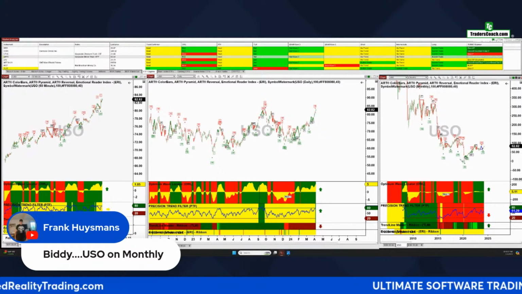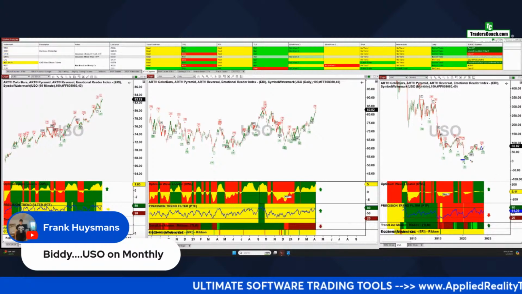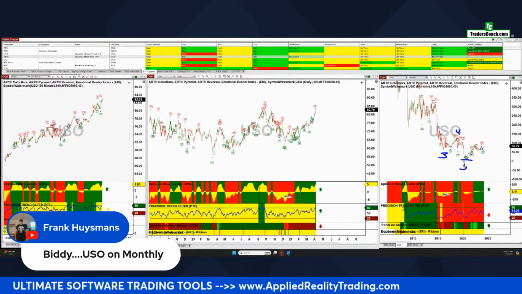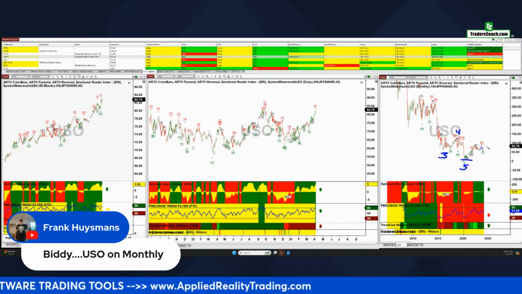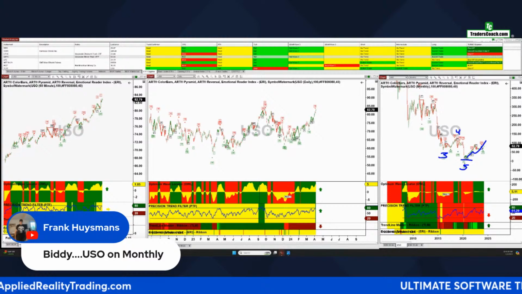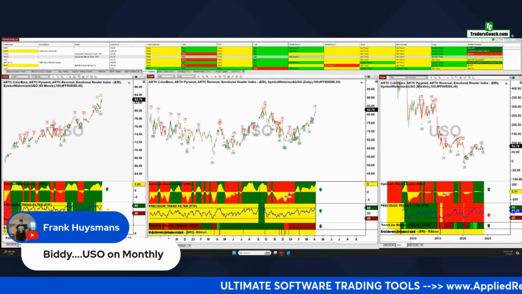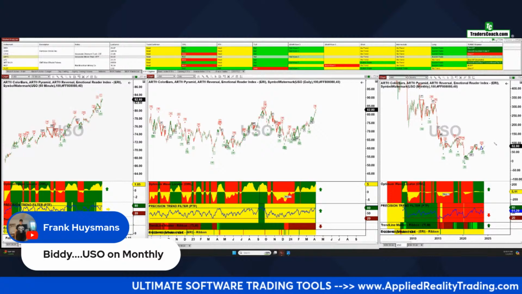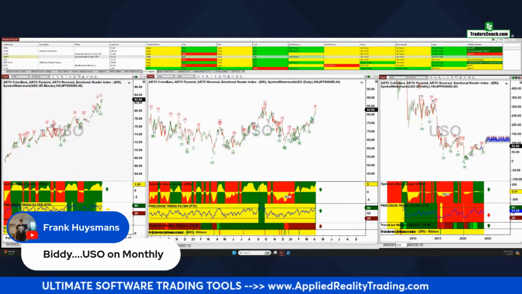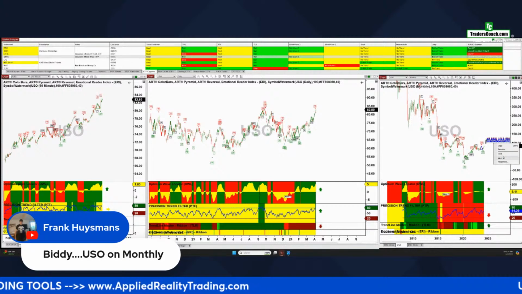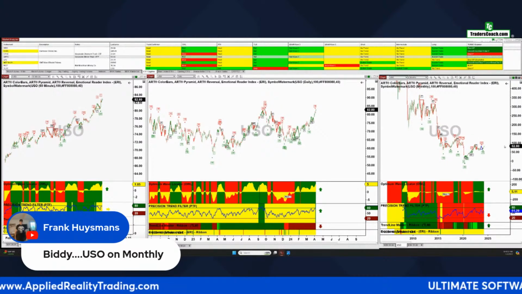Okay, so that's kind of indicating here, if this is a 3, this is a 4, this is a 5, 5's not over yet. All right, so we're kind of in a retracement up here, and we may get a retracement before 5 completes. So my target on this is around $100. So I'm thinking that retracement will go right into that area, right into this area close to 100.